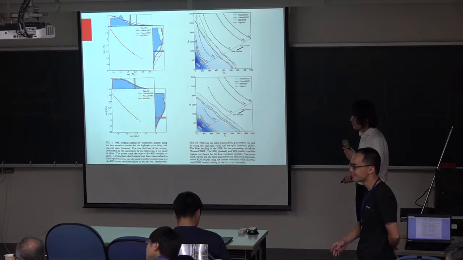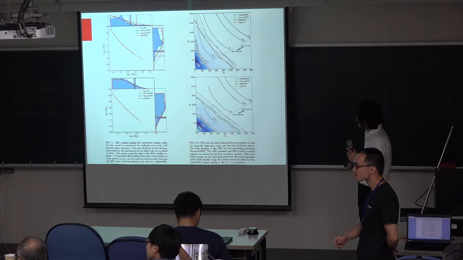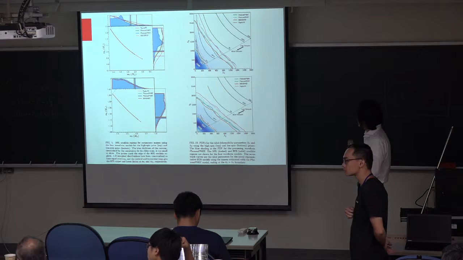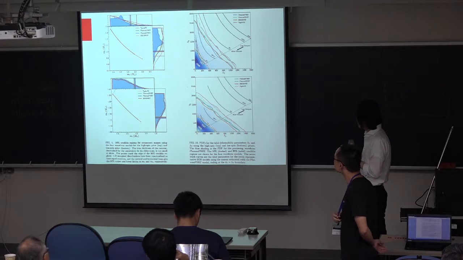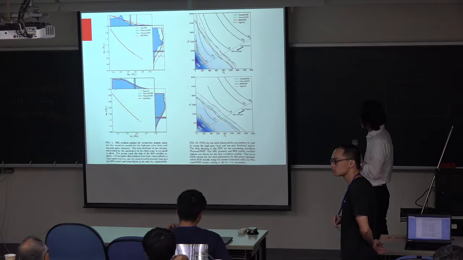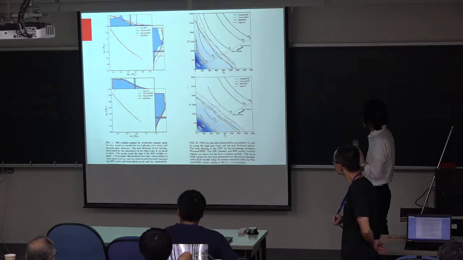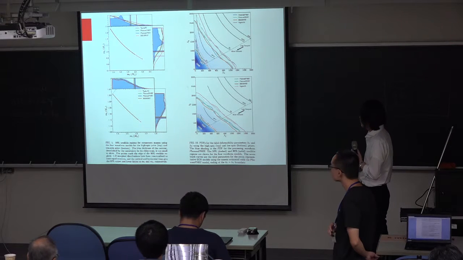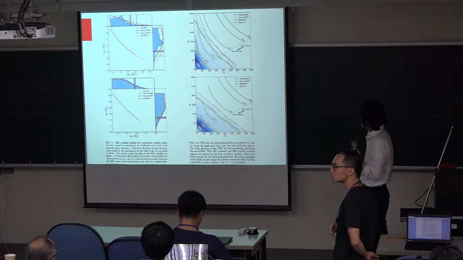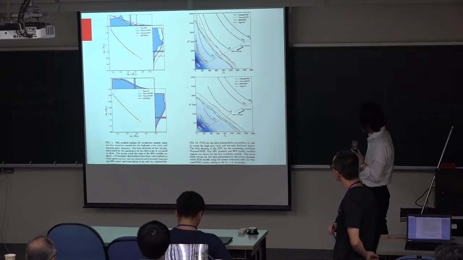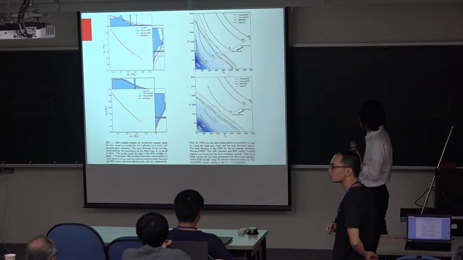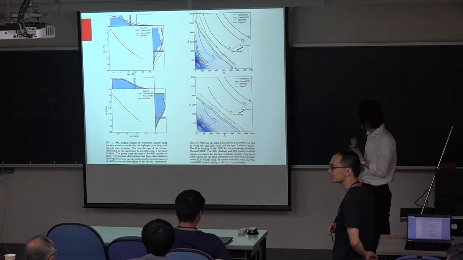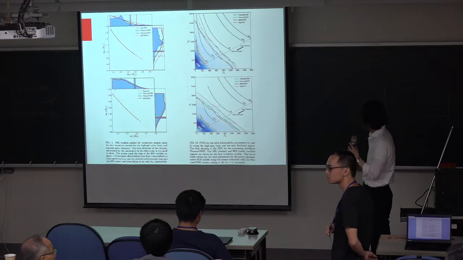Actually, this is not the case, because it's not ruled out. I think the problem is the 90% confidence level and the 50% confidence level. The 90% confidence level is very loose. Some of the equations say that when you look at the 50% confidence level, it is okay. So this equation is okay to fit this data. But this part is the 90% confidence level. It's not ruled out. It means it's consistent with a larger range.